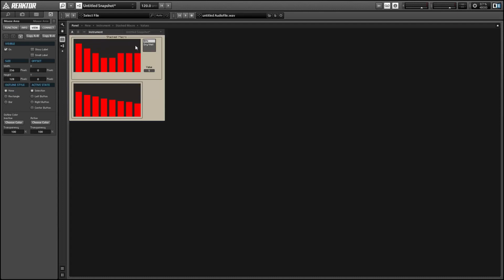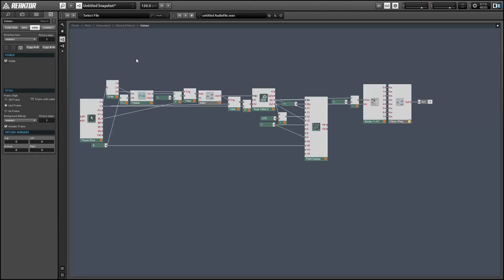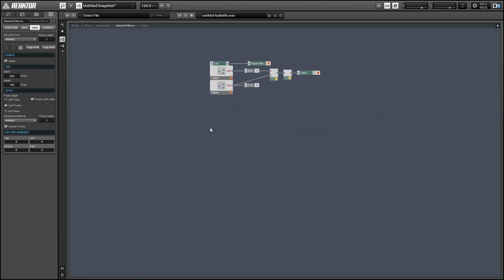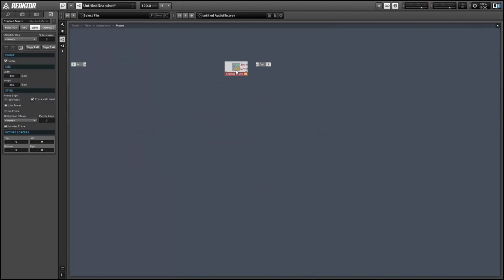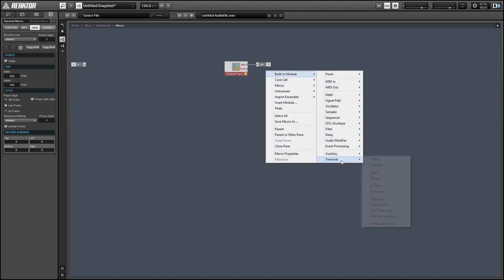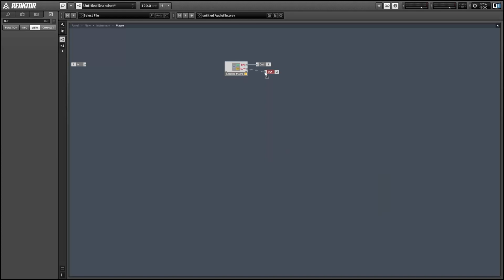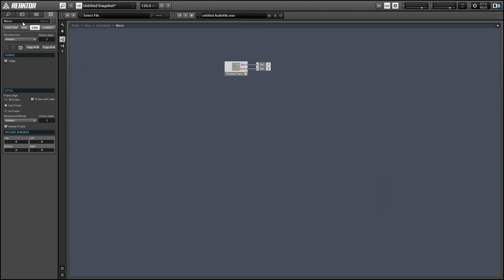Alright, so this setup works fine when we want each voice to have its own set of parameters, which oftentimes we will. However, I also want to create a set of controls for when we want each voice to have the same parameters, just to make it easier to program for the user. So I'm going to take the stack macro we just made and shove it inside of a different macro. And this is because we're eventually going to condense it into another stacked macro, as you'll see. But before we do that, I want to